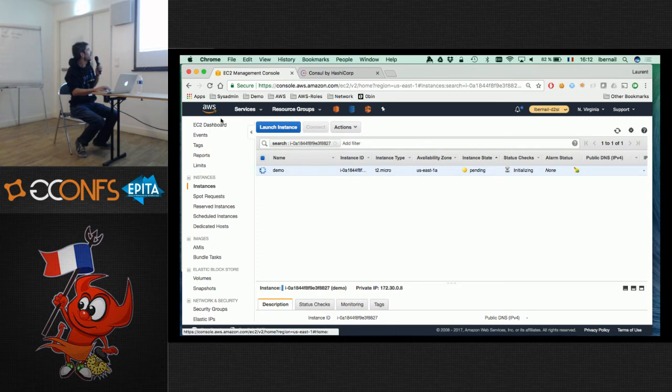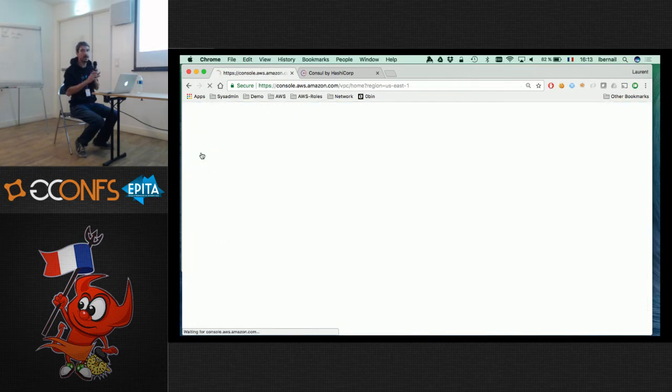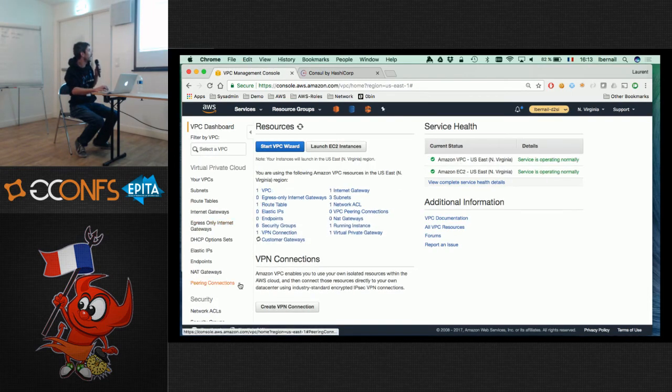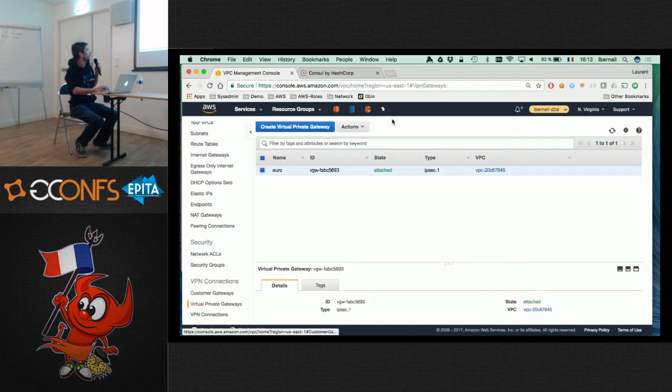And what I was telling you before is we're going to build a VPN connected to the VPN service inside AWS. So it's configured here. This is the VPN gateway from AWS. It has been created, and the reason I created it before the demo is that building and configuring this service takes at least 5 to 10 minutes, which for a demo is kind of long.